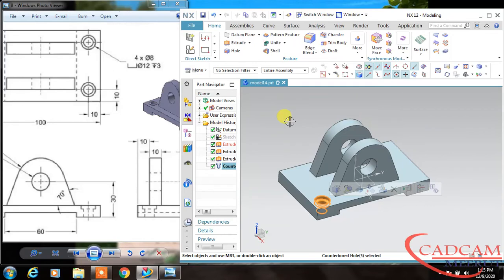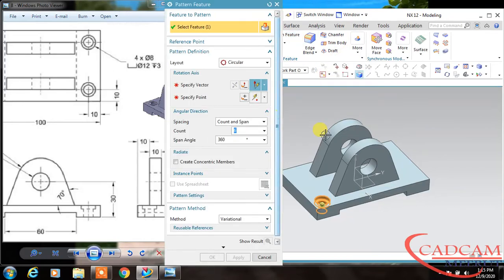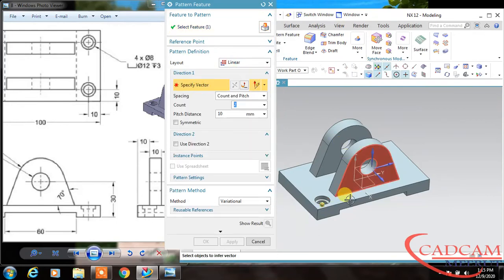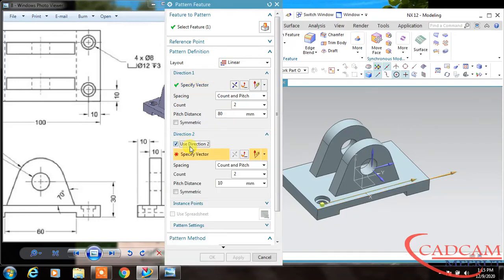If you want to mirror this, mirror, or we can use the pattern option. With the help of this pattern, we can directly create it. The first direction is this, reverse, and the distance is 80. And for the second, select second direction, reverse, again 80.